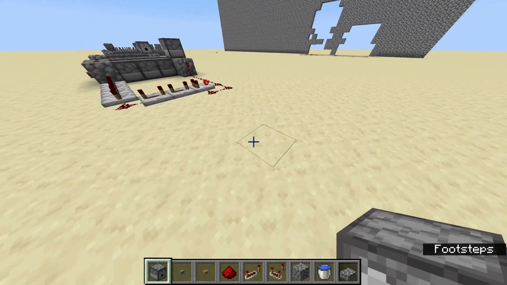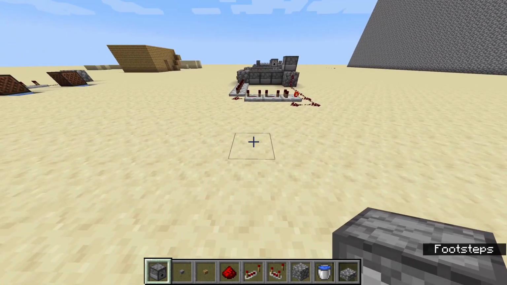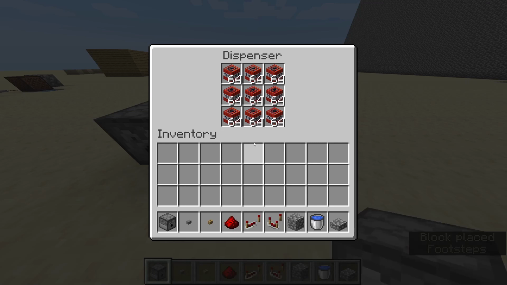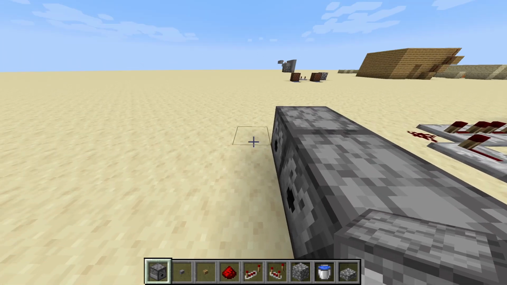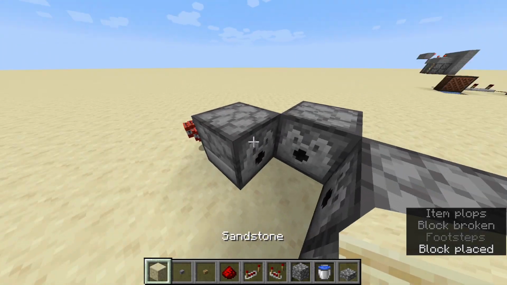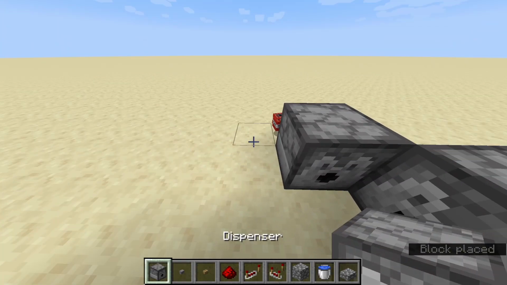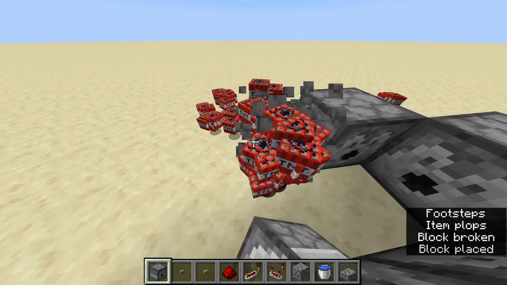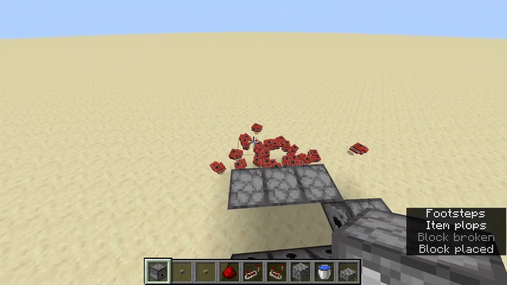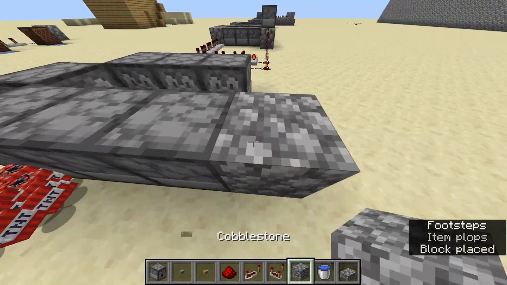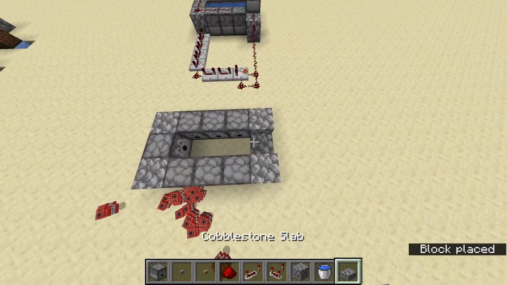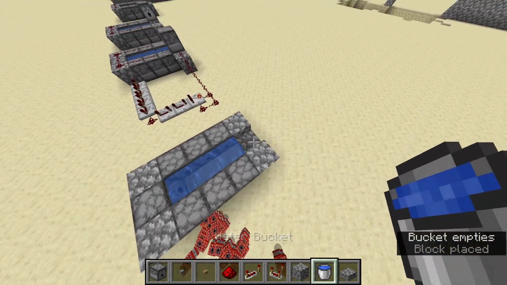Alright, to build this TNT cannon, you'll first need to place dispensers and fill them up with TNT. However, I have it set up that it's automatically filled. Anyway, once you do that, put a dispenser there, and then put more here, being careful with the direction it's placed in. Then you place cobblestone here and here, here and here, place a slab here, place water here and here, and then